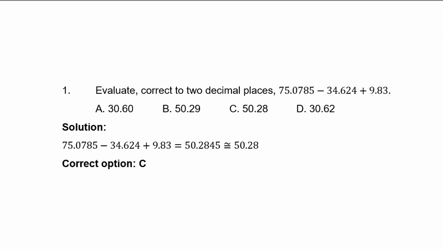Question 1. Evaluate correct to 2 decimal places 75.0785 minus 34.624 plus 9.83. Solution. If you subtract and add, you have